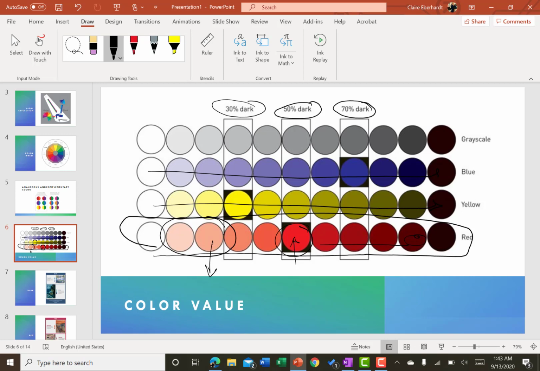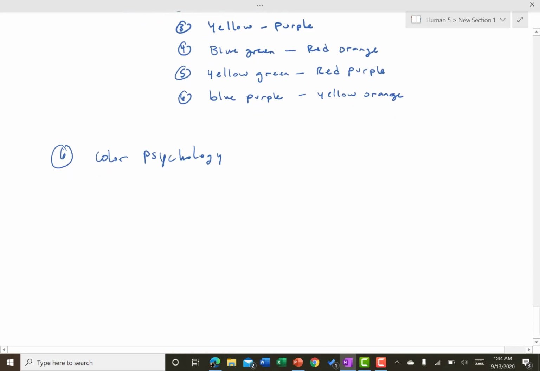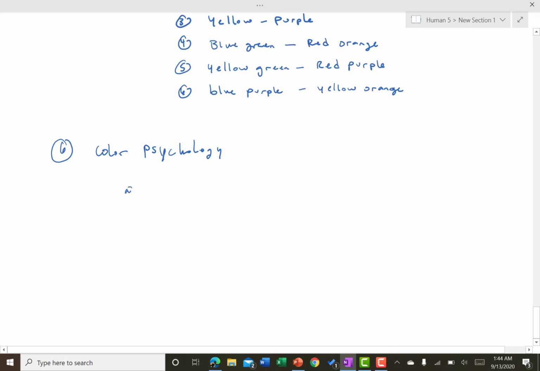Okay, what we're going to look at next is color psychology. And with this, we're on 6, I think. Color psychology is the idea of mixing it, and certainly color temperature is part, you could say, of color psychology in many ways. But color psychology is a more intentional aspect of using color to evoke